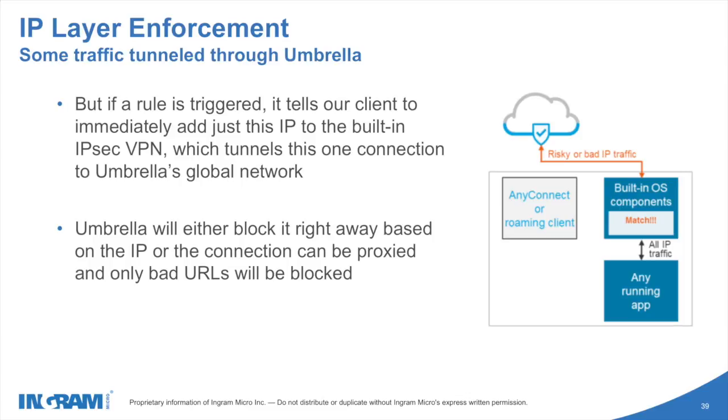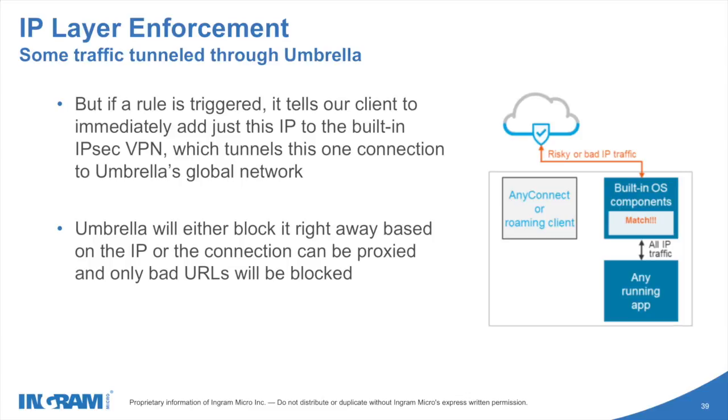Some traffic is, of course, tunneled through Umbrella. So, if a rule is triggered, it tells our client to immediately add just this IP to the built-in IPsec VPN, which tunnels this one connection to Umbrella's global network. Umbrella will either block it right away based on the IP, or the connection can be proxied and only bad URLs will be blocked. So as a general idea, not all the traffic will be sent to Umbrella, only suspicious traffic,